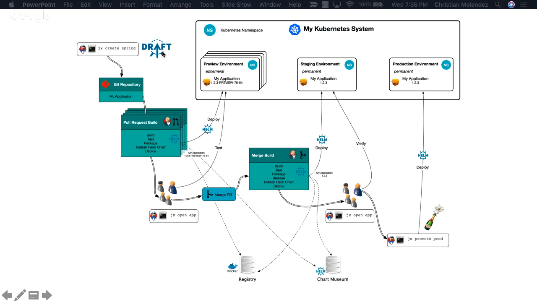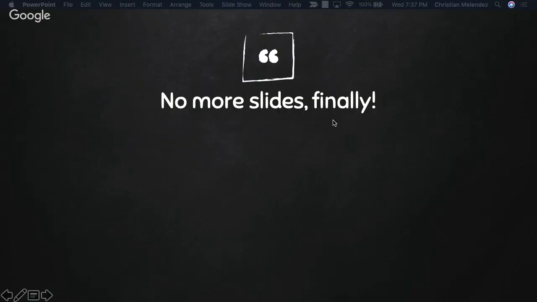So for example, Draft is the tool that is used to recommend a Dockerfile. It is an open source tool developed by Microsoft. It's not displayed here, but you could also be using Scaffold, which will recommend how to create not just a Dockerfile, but the Kubernetes YAML definition and Helm packages, for example. So again, I could be explaining this to you, or I can just do it, right? So let's just go back to the console.